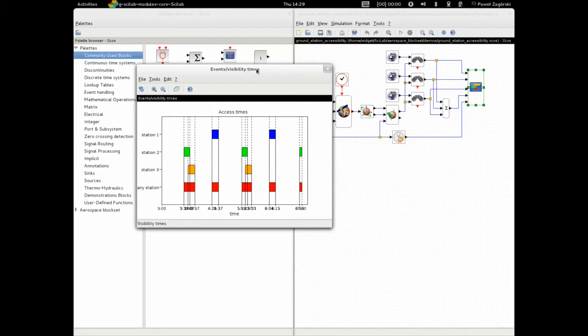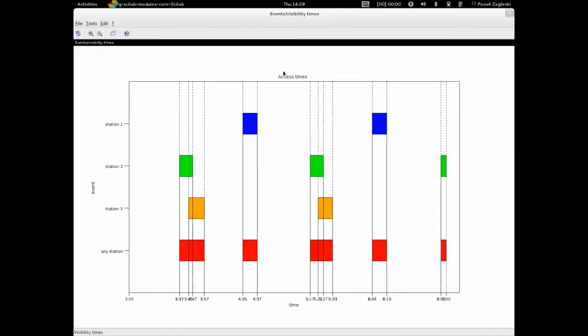Okay, the simulation is done, and we can see a plot describing when satellites were visible by every ground station. And as you remember, our simulation started at 3 o'clock. Currently the block is only configured to show hour and minute, because showing dates would be difficult on this axis. Our simulation started at 3 o'clock and lasted for 4 hours, so until 7 o'clock,